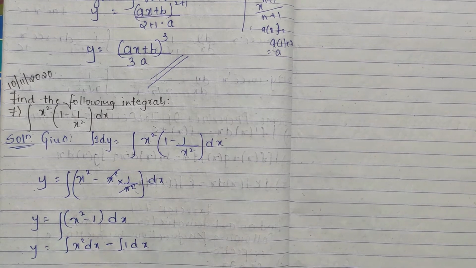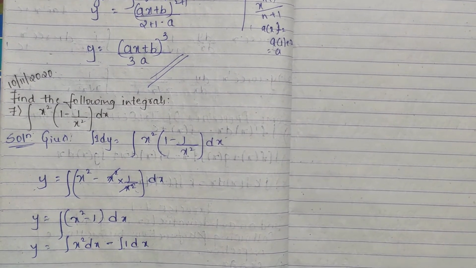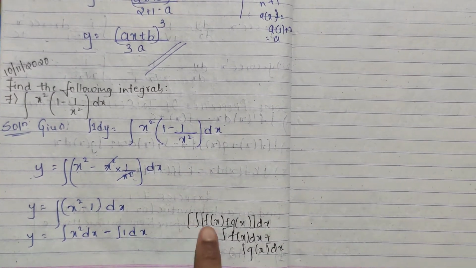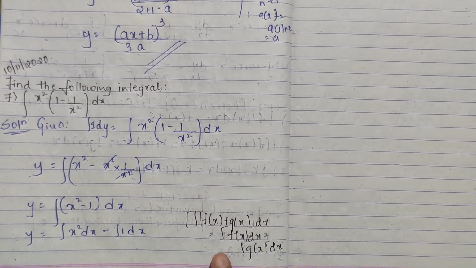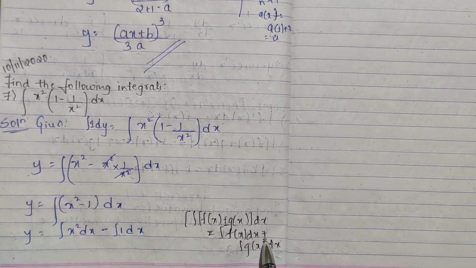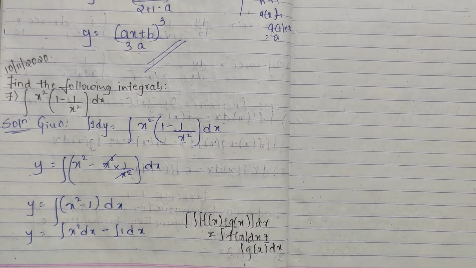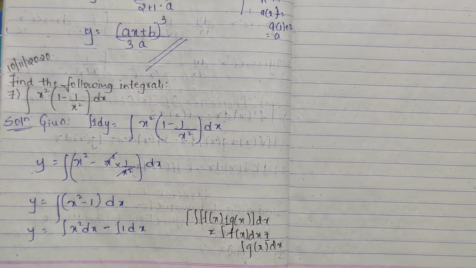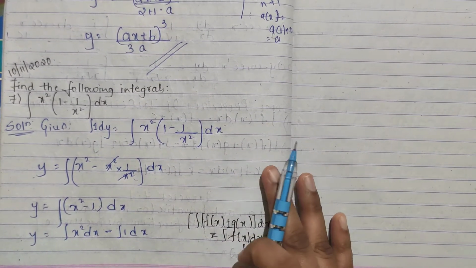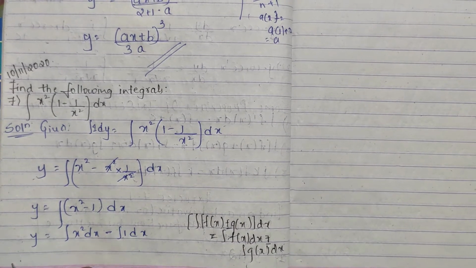See, immediately you can do it like this also if you understand, or else if you want you can split. Split by which property? We can use this property, integration f of x plus or minus g of x dx will be what? Integration f of x dx plus or minus integration g of x dx. Here minus is there, so minus, we have split it. If you do it, then no need of applying all this, you will get directly to know how you have done your differentiation part. Even this you have understood only.